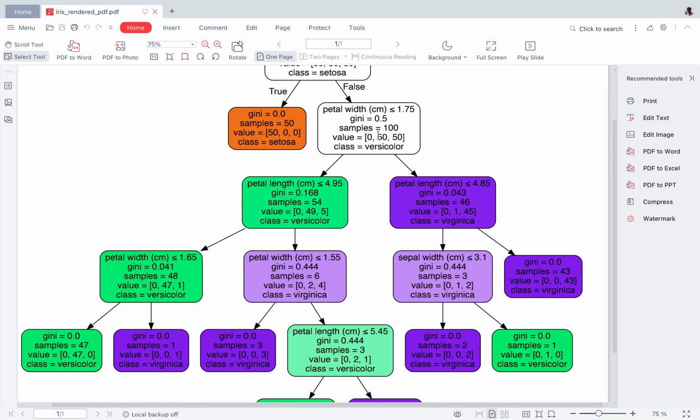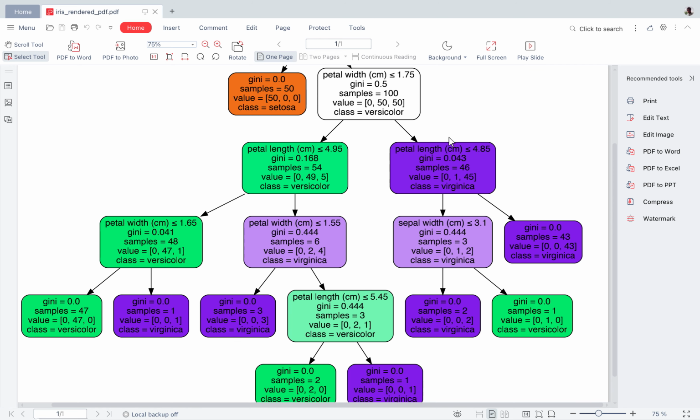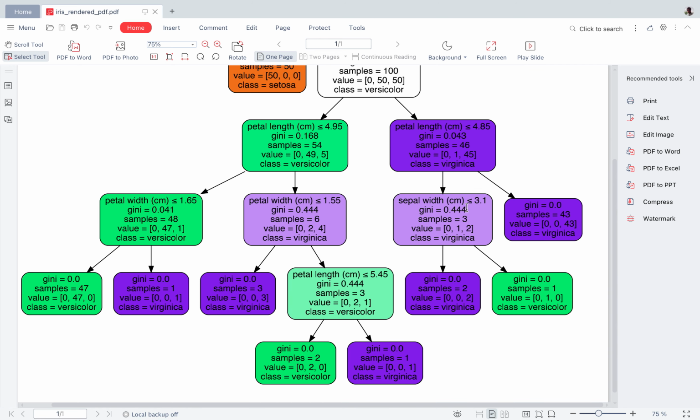And the other one on this side also, if you see, out of 46, 45 are virginica, so it is actually predicting it as virginica, right? Then it can go further down and take those decisions. It has to go 2 more levels below in order to come to 100% accuracy. Here, 2 out of 2 are virginica and 1 out of 1 is versicolor, right?